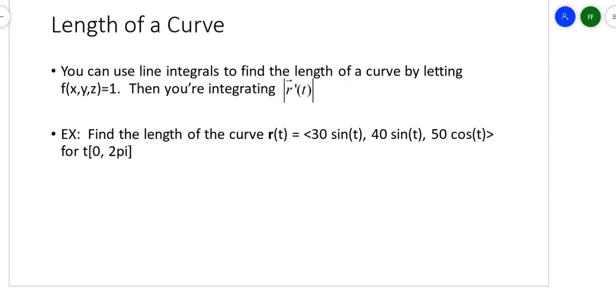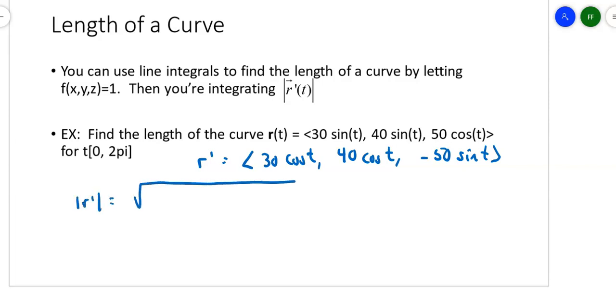How do I find the magnitude of r prime? Well, the first thing I need is r prime. So the derivative of sine gives me cosine. The derivative of sine gives me cosine. And the derivative of cosine gives me negative sine. So now the magnitude of r prime